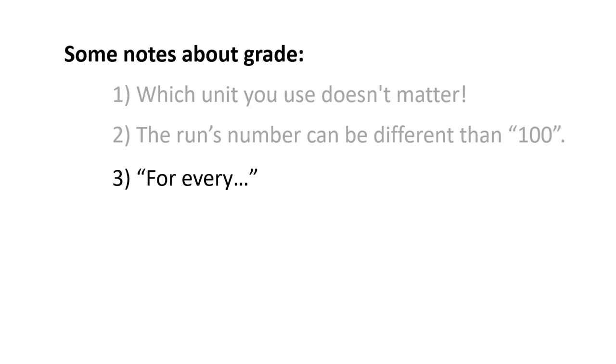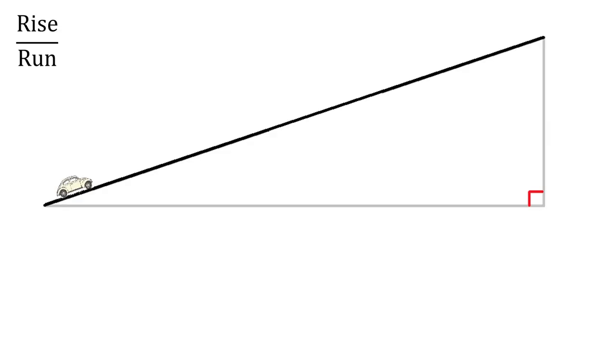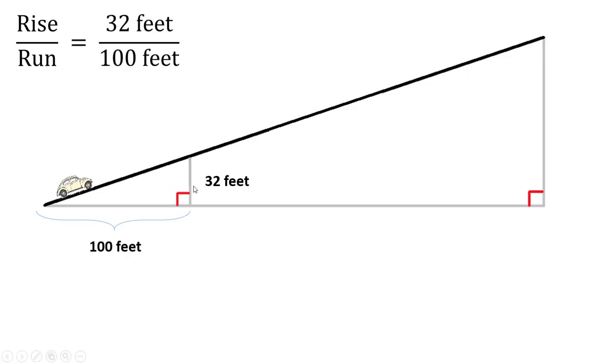Okay. I wanted to make sure we touched on this in the last video. So here's the same Volkswagen Beetle, looking at its grade, its rise over its run. And the idea of rise over run is for every such and such it rises, it runs such and such. So for example, if we drop in a 32-foot height right here, that means it's going to run 100 to